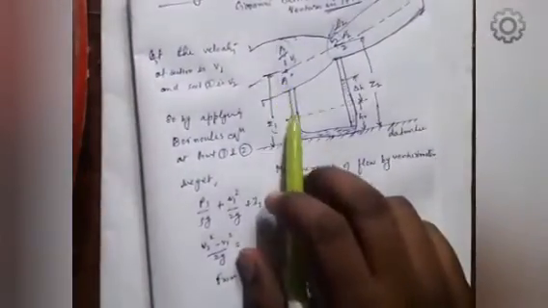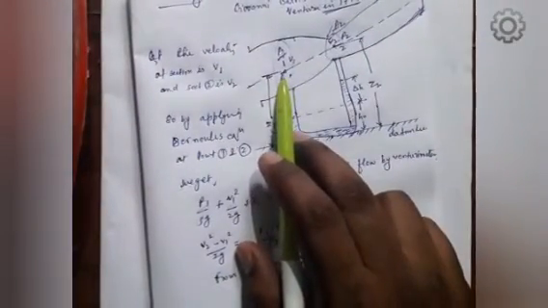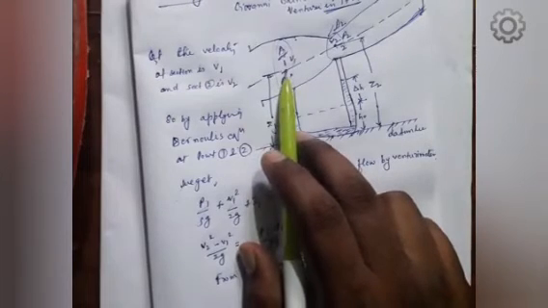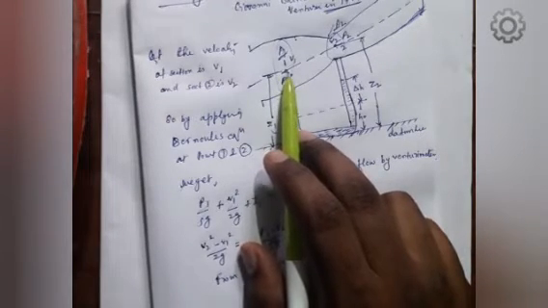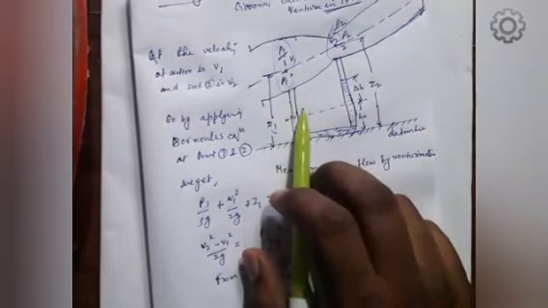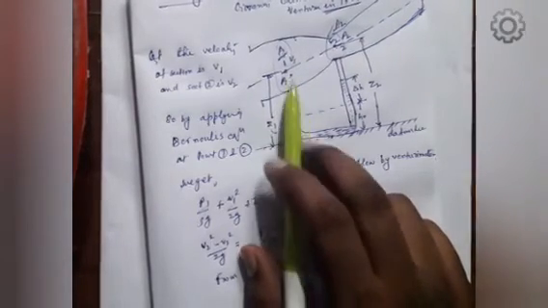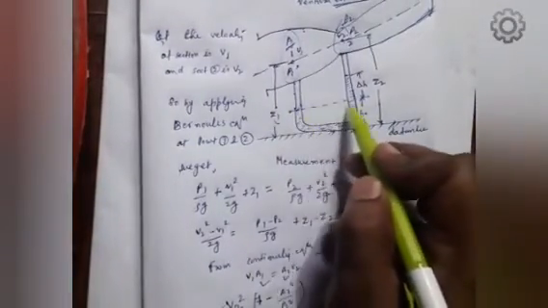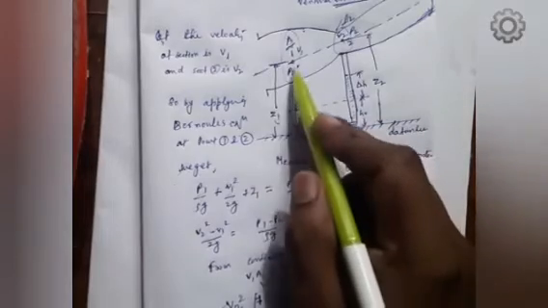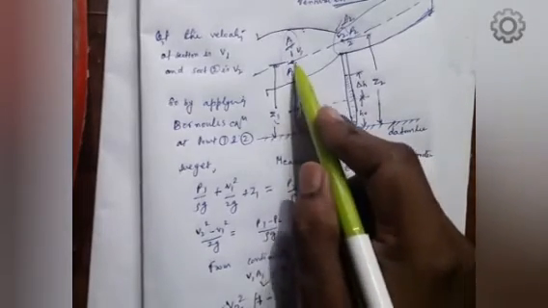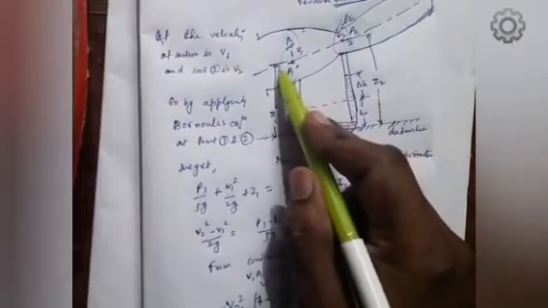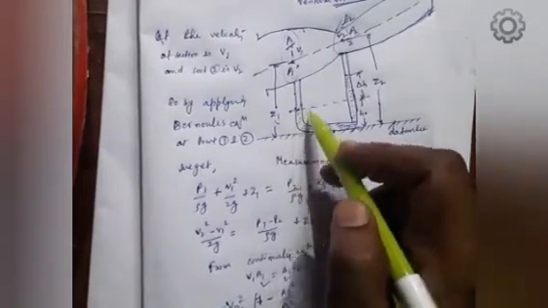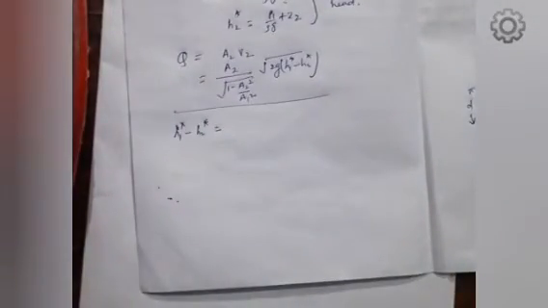So from this figure you can see, as you have studied in the measurement of pressure, you know that pressure is measured by balancing the pressure at the datum point. That means this is the reference line where you have to balance the pressure. So here the pressure is P1 plus this pressure, and this pressure is Z1 minus this. So we can write H1 minus H2.